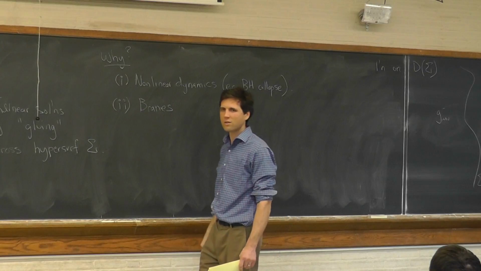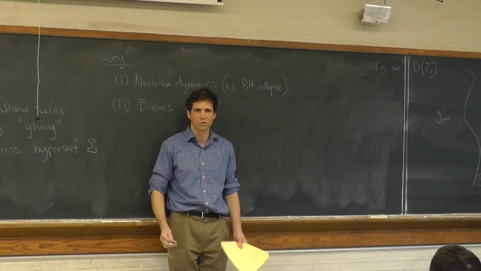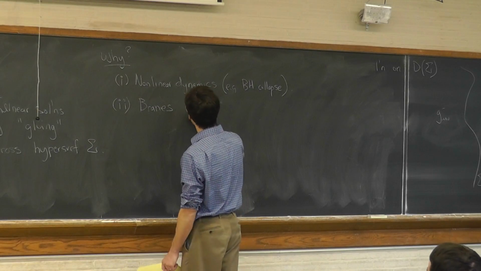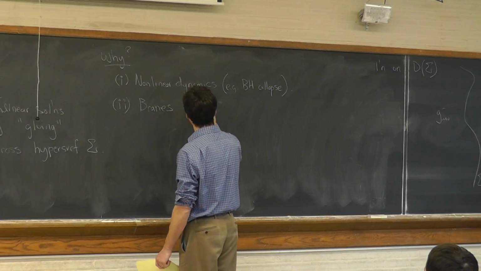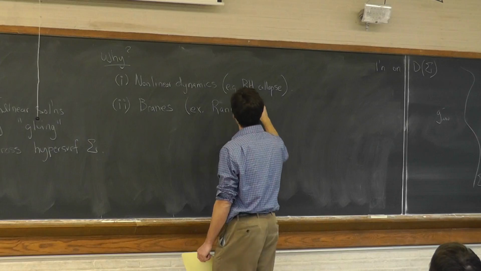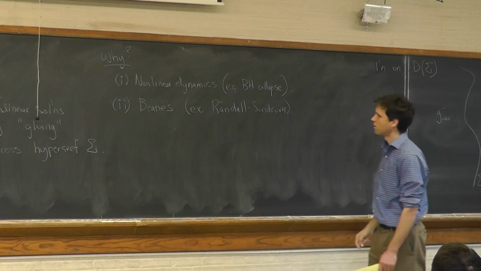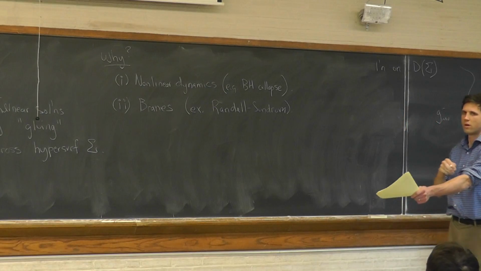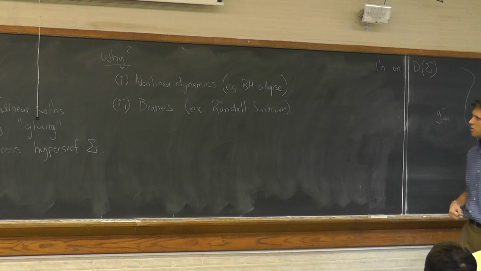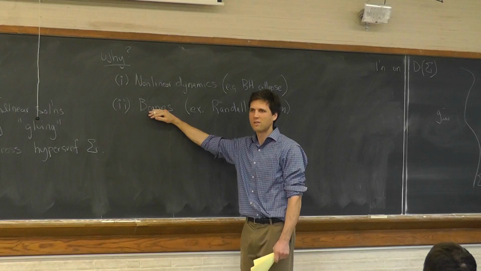Branes are hypersurfaces, or surfaces of various codimensions. Let me just give an example. The Randall-Sundrum model for understanding the hierarchy problem in the Standard Model: the starting point is to suppose that we live on a 4-dimensional hypersurface in a 5-dimensional